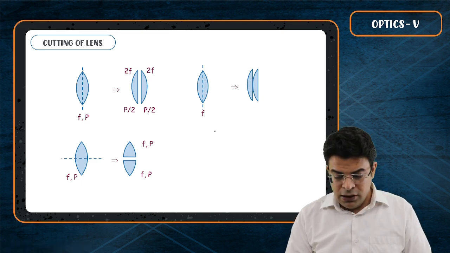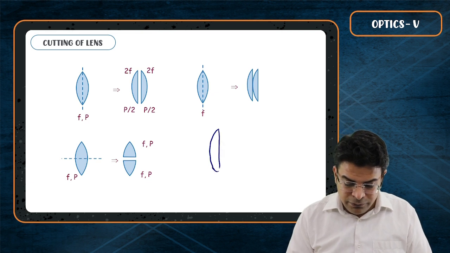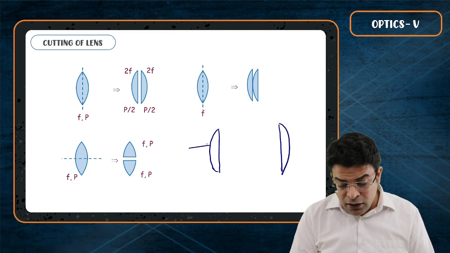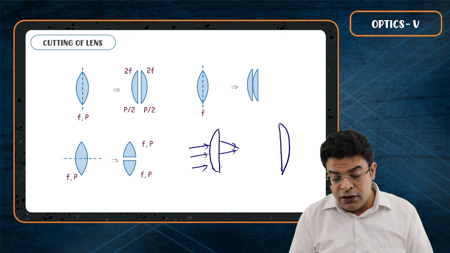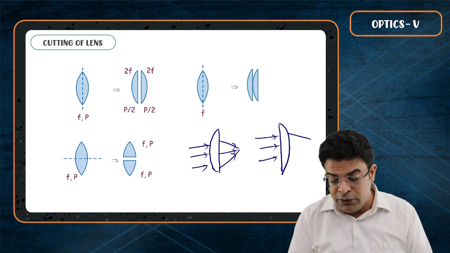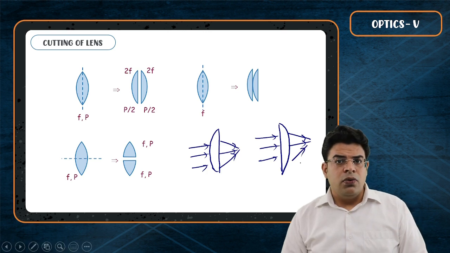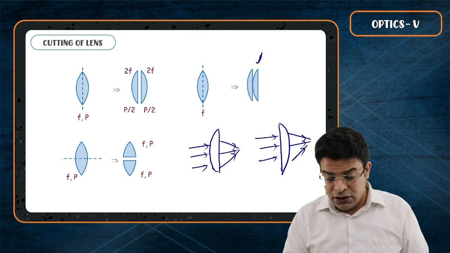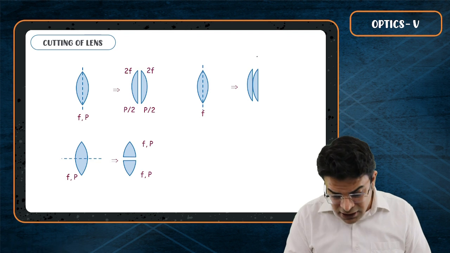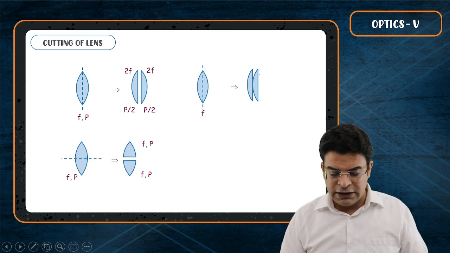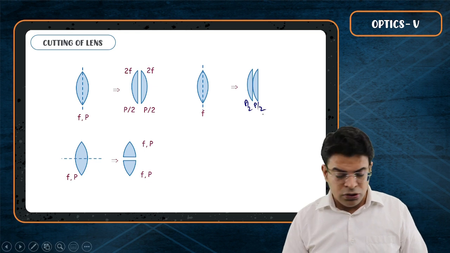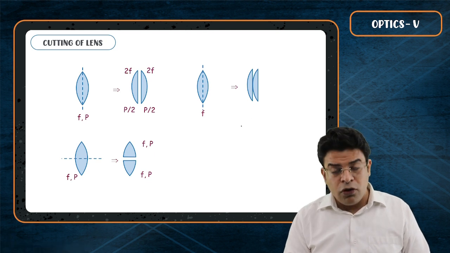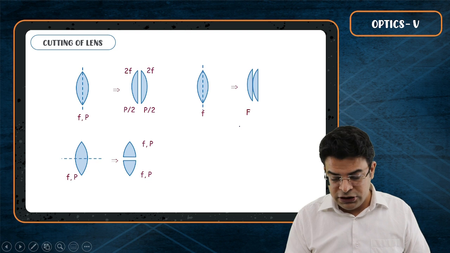Sir, we know that whether you keep the plano-convex lens this way or whether you keep the plano-convex lens this way, if parallel rays are hit, both of them will converge them, and that too at the same distance. So changing the orientation in this situation does not change the power of the lens. This still remains a converging lens. So you will say that this one has power P by 2, this one has power P by 2. So their combination will have power P by 2 plus P by 2, that will be P. And if the power of the combination is still P, the focal length of the combination will still be f.